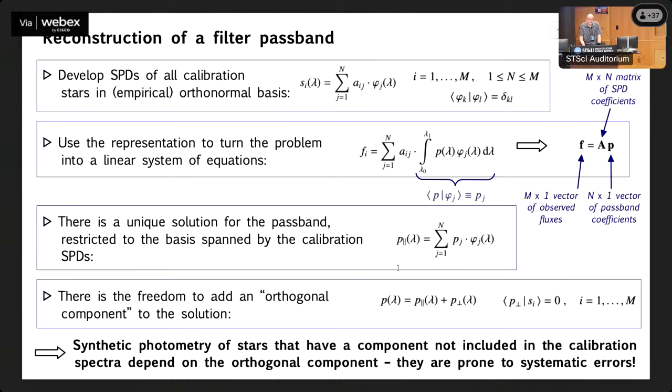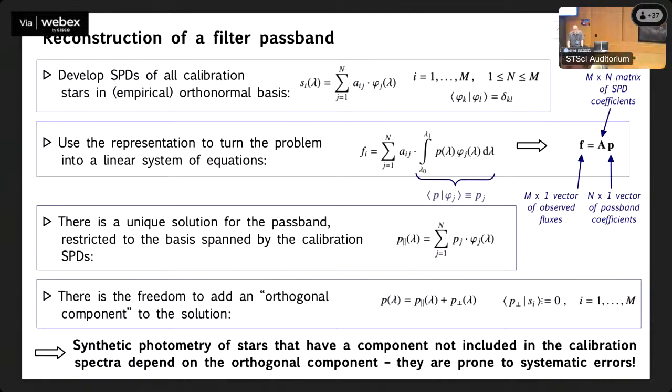basis we have. I put here some index parallel and say it's a solution for the passband, but not the solution for the passband, because what happens if the passband has a component in its development that is not included in the basis we have from the calibration spectra, which might well happen because there is no physical relationship between the stellar spectrum and the passband. So it means in effect we have still some freedom, namely the freedom to add to our solution another part describing the physical passband, which is in mathematical sense orthogonal to the solution we have found before, which means that this component is orthogonal to all of the calibration spectra we have.